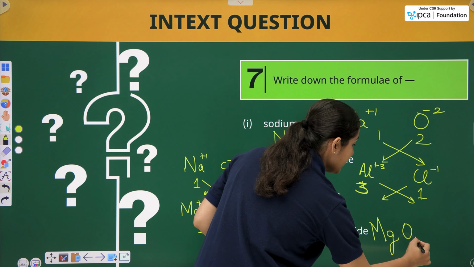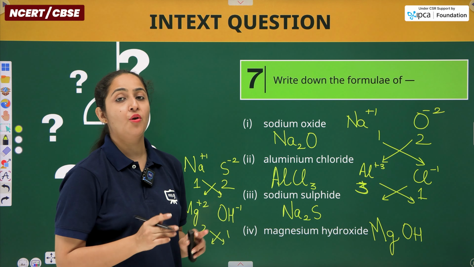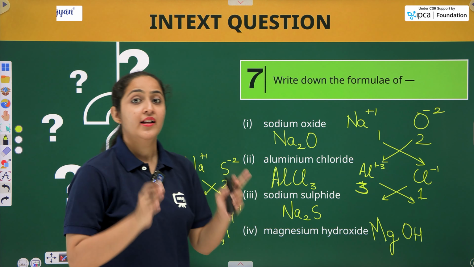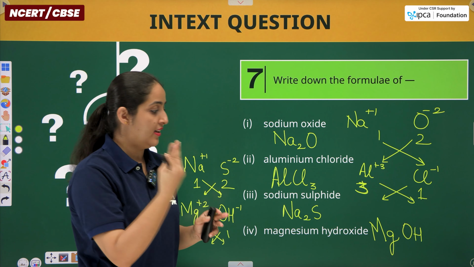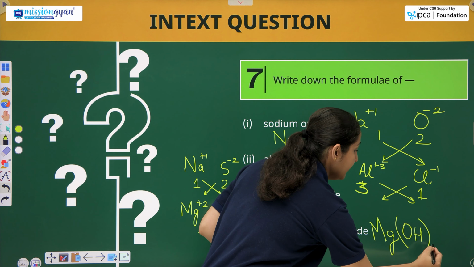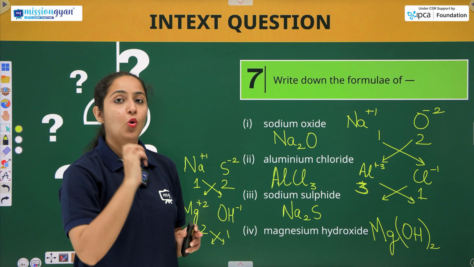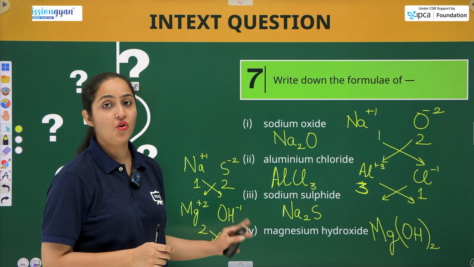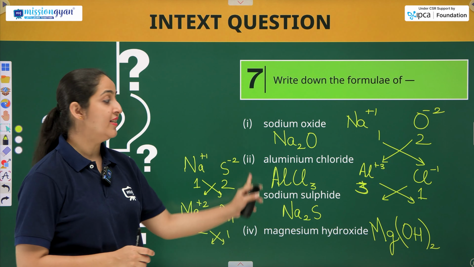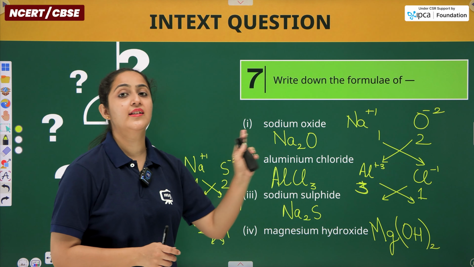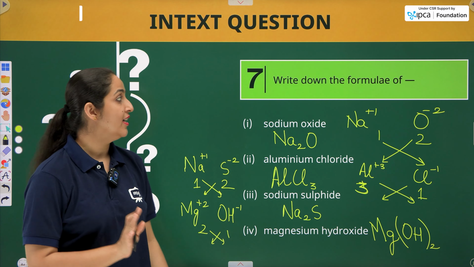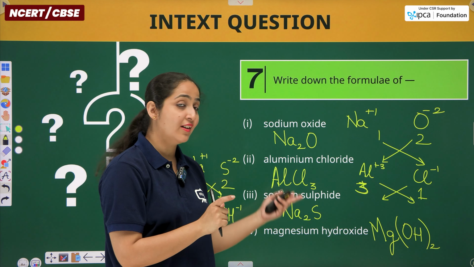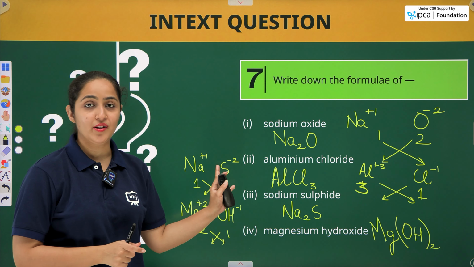Now, this OH, students, is a polyatomic ion, okay. So, we just can't write 2 below H, okay. This whole OH is twice. So, we will put a bracket and then 2. So, Mg(OH) whole twice. This is the formula for magnesium hydroxide. Is that clear, students? Right? So, I hope you know how to write these chemical formulas now. Alright? So, for that, students, that table you should be remembering. If not, please learn that and then you will be able to do all these questions.